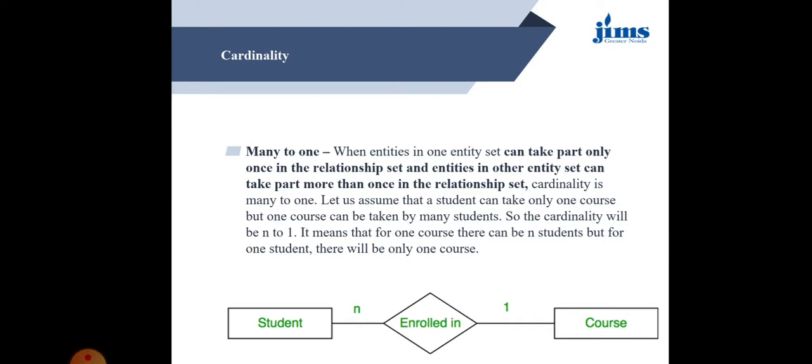So there are many students who are enrolled in a single course. Suppose I am talking about BCom honors, so BCom honors is a combination of 40 students, third year class. So the 40 students are enrolled in the BCom honors course. The course is one and the 40 are the students. So the students are more than one, that's why it is n, and it will be many-to-one, because students are many and the relationship will be one.